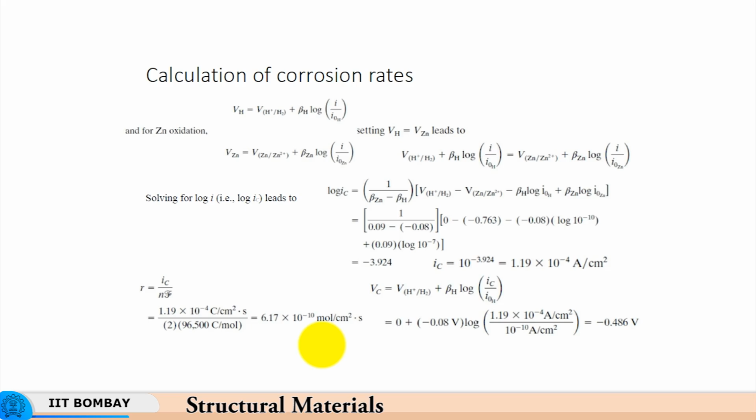So, now here the actual amount that is being lost is 6.17 into 10 to the power minus 10 into the molecular weight of zinc. So, it is an extremely small amount, but this is per centimeter square per second. So, per minute, per hour, per year, it will get multiplied by appropriate values, and accordingly the rate of corrosion